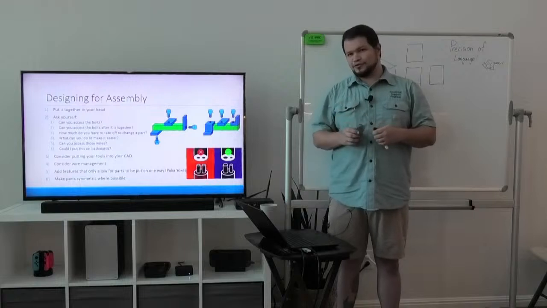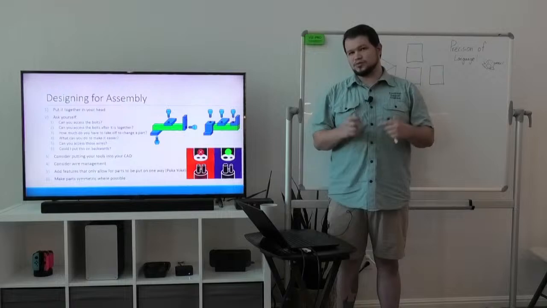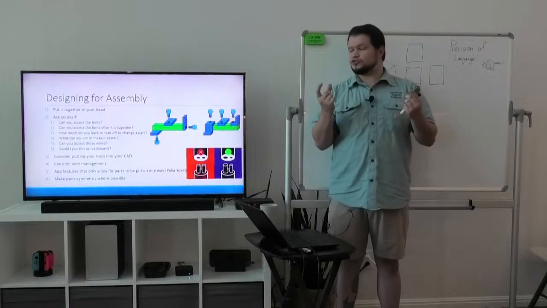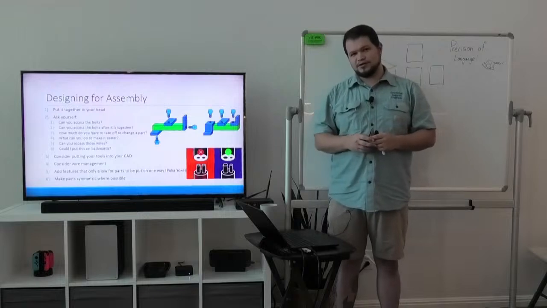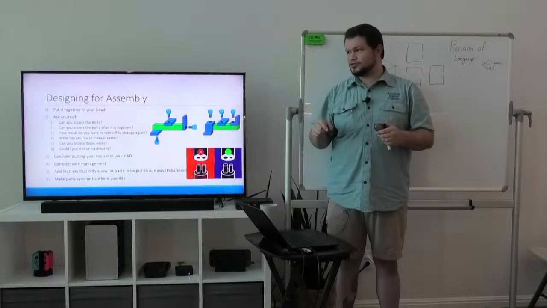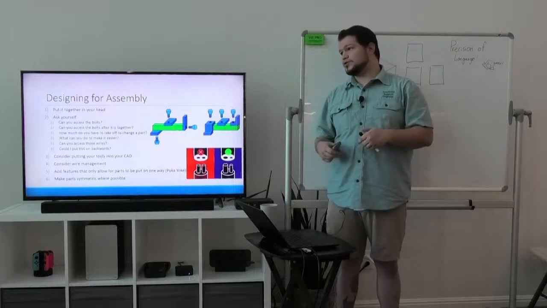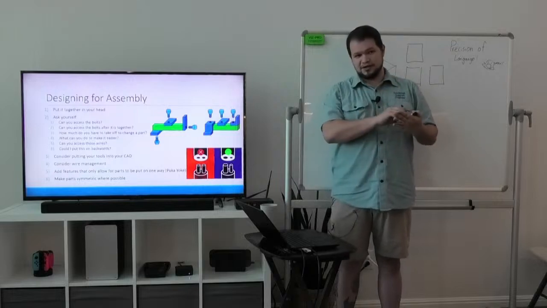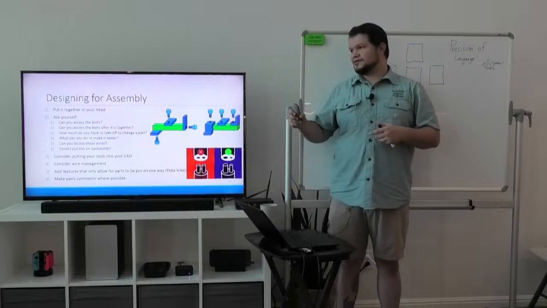So on that note of the question of is there a way to note, you can potentially put some wire clips or some features that are basically like U-channels into your printed part so that you can tell whoever's assembling it, that's where you put your wires. And you can do that on a print, which we don't typically make prints for our parts. Prints being a 2D drawing, not a 3D print. But